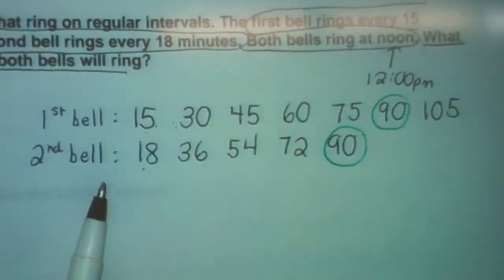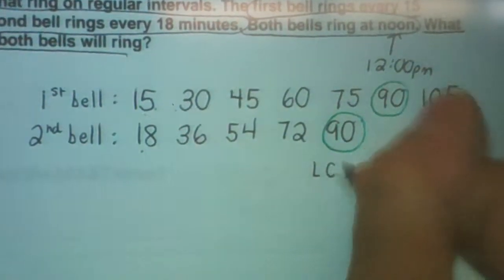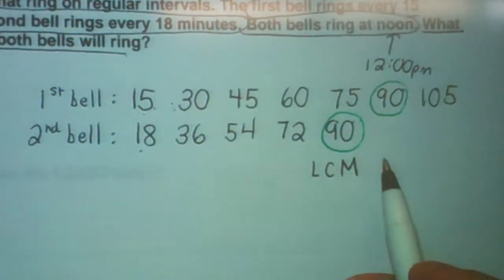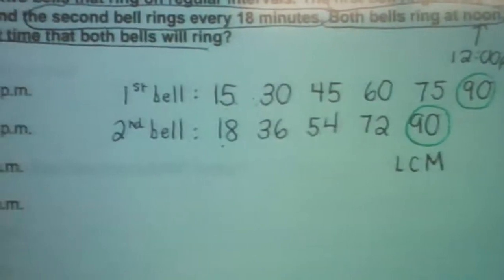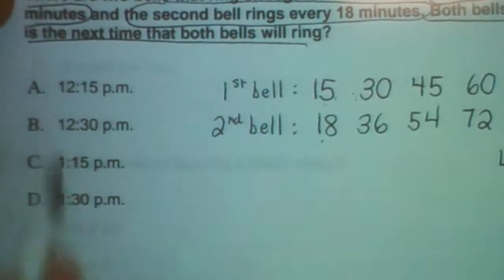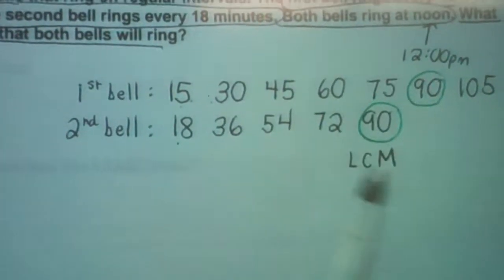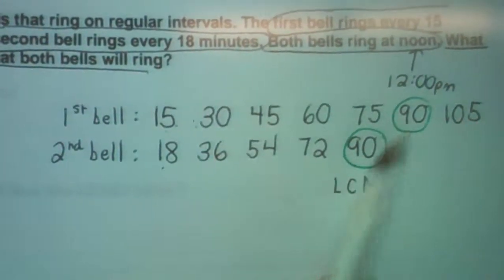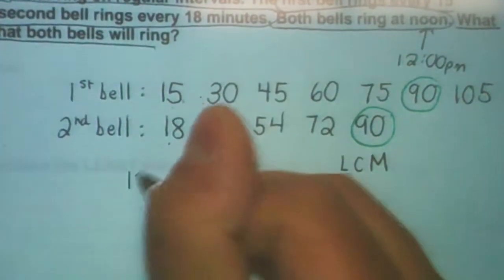Now, I know in 5th grade you learned that this kind of problem is actually called an LCM problem, a least common multiple problem. Now you're looking for an answer of 90 and all of a sudden you're like, oh snap, all I see are times here. But you have to remember that the bell first rang at noon and now it's going to ring 90 minutes later. So, if the bell rings at noon